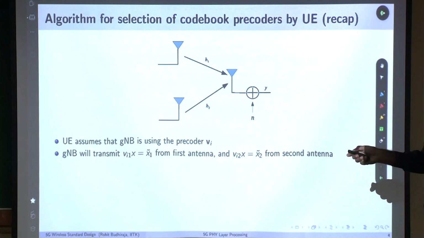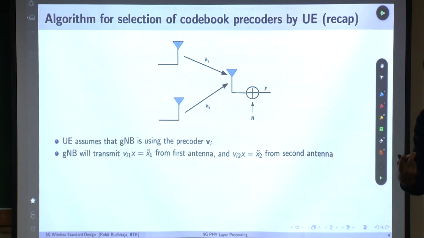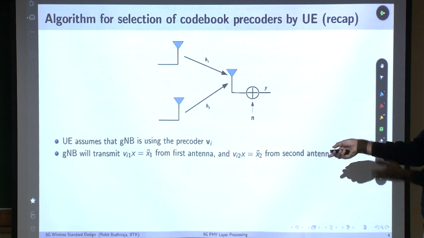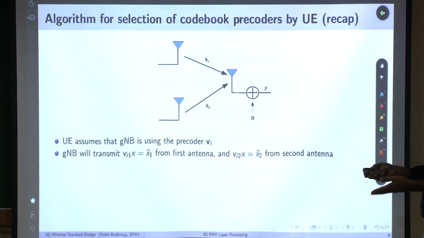VI1 times X, if X is the transmit signal, because you will transmit only one symbol, it is a layer 1 transmission. Okay, right? And so the gNodeB will transmit this from the first antenna, and it will transmit this from the second antenna. Okay, because this is the second entry multiplied by the symbol. You remember this, where this is coming from. Okay, what happens? VI1